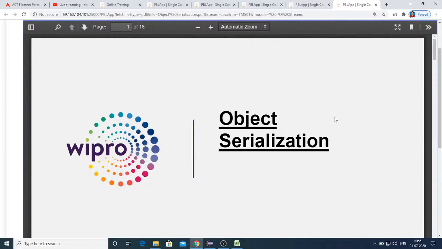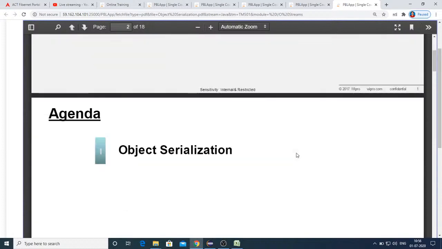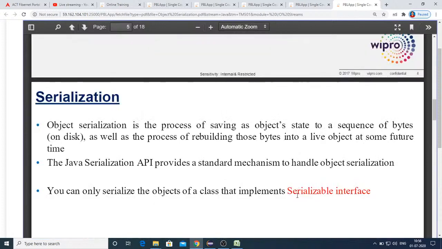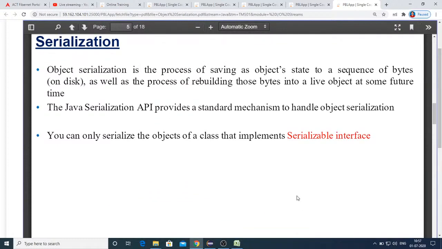Now, what is the purpose of serialization and why do we require it? Basically, serialization is saving the state of an object and then restoring it when and where required. That's what you can simply remember as part of serialization. So you can just flush the object, and then whenever you want you can perform deserialization, and then you can just make it alive by retrieving all the values that the object used to have.